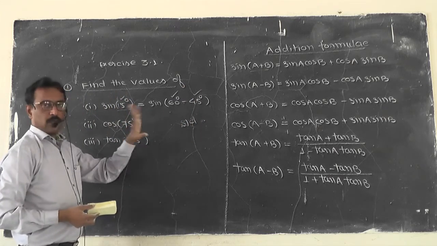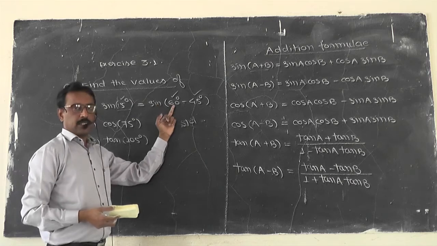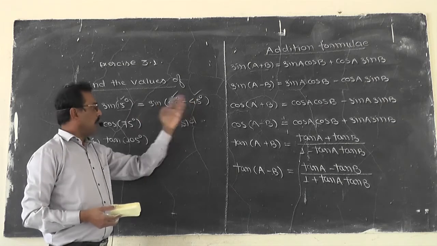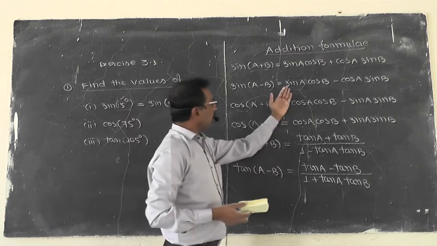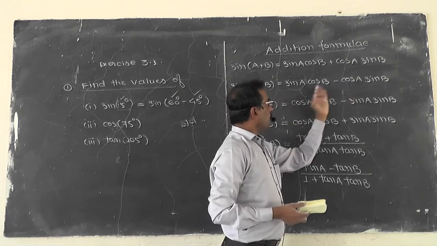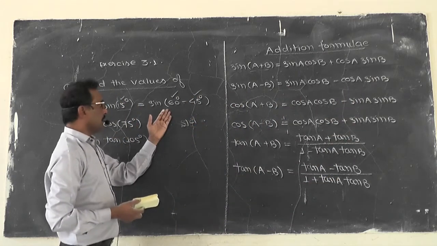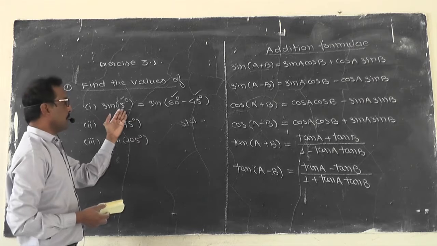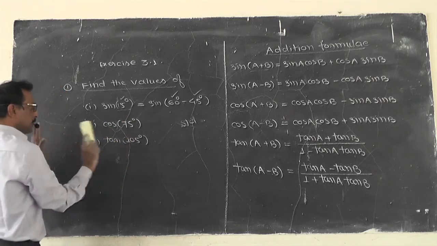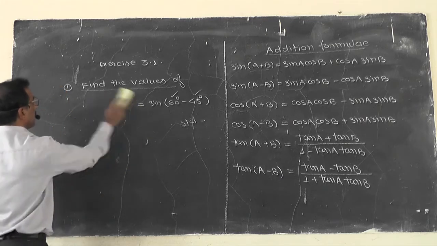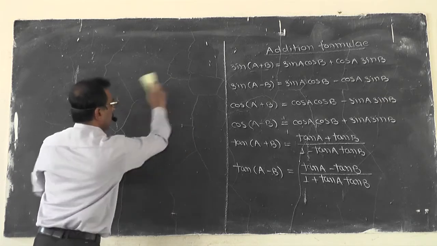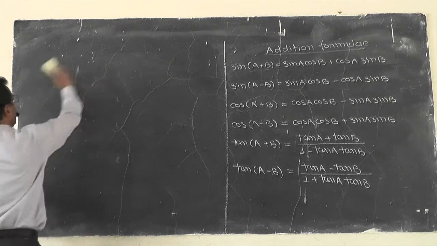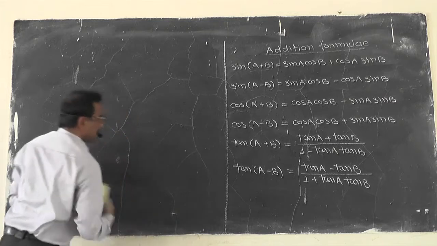All students of 11th standard know the values of sin 60 and sin 45. All the students know the values of cos 60 and cos 45, because all values of sin and cos are needed here in order to get the value of sin of 15 degree. So one by one, these are the basic questions. I will erase here and find the value one by one. I will write the formula and then get the answer.